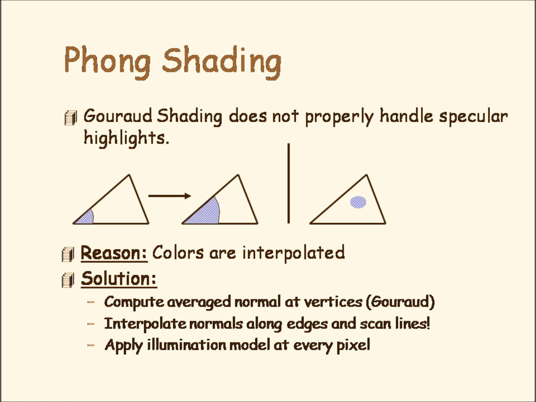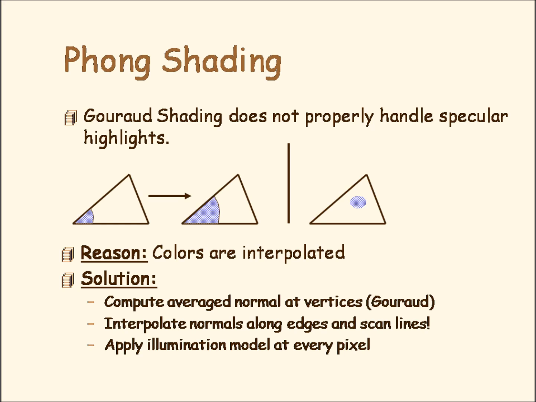Now we will discuss Phong shading. As we have learned, Gouraud shading puts a smooth shading effect on the object, but there is also a problem with Gouraud shading when it deals with shiny objects, or it cannot work properly with specular lights. So to counter the problem, we adopt Phong shading. The process of Phong shading is mentioned on the screen.